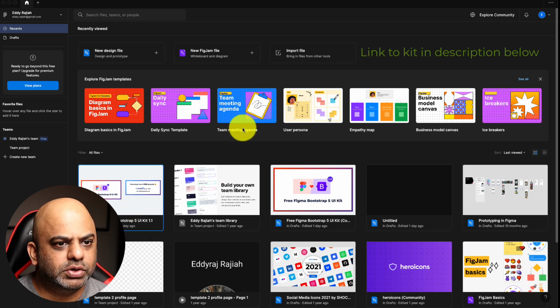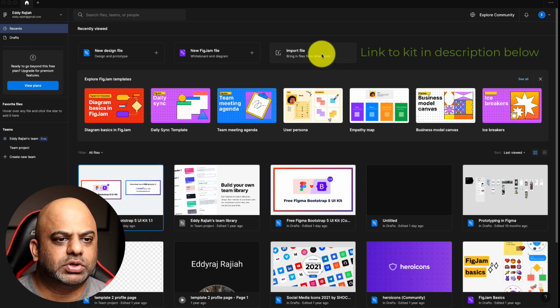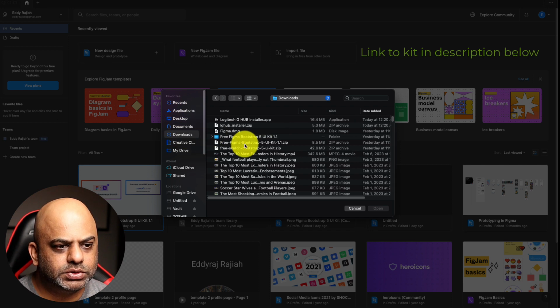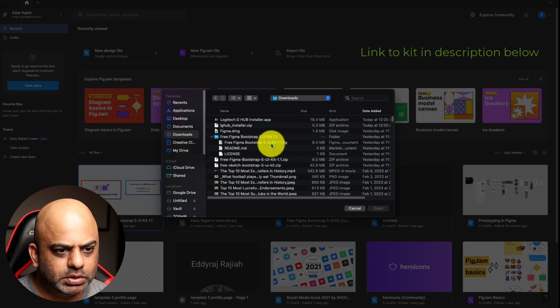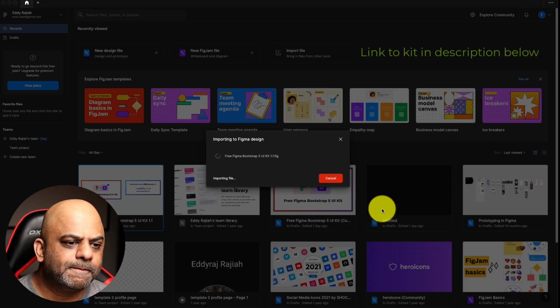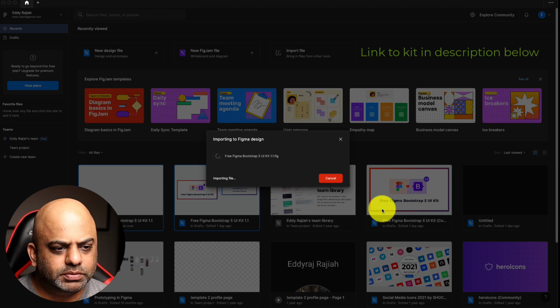The way I'm going to do that is just import the file, go to my downloads, and open it up. That's going to get me all those Bootstrap components that I can start using in Figma.